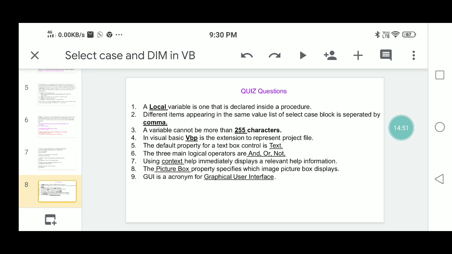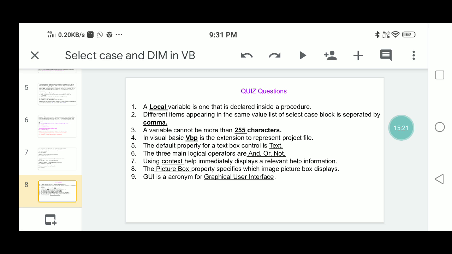Different items appearing in the same value list of a Select Case block are separated by commas. A variable name cannot exceed how many characters? 255 characters. It cannot exceed 255 characters.